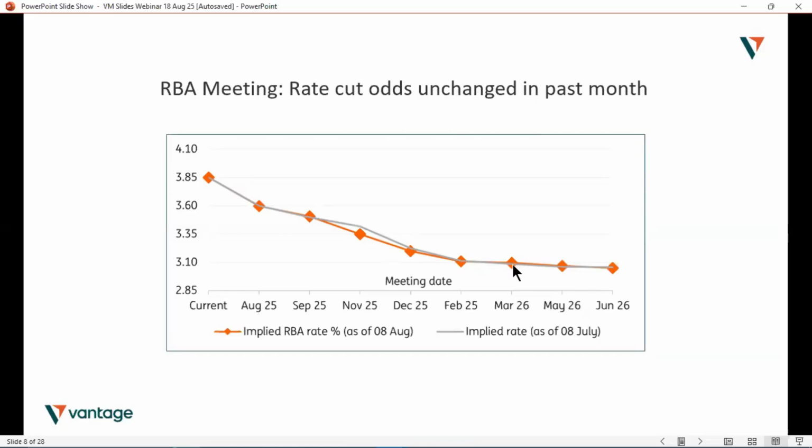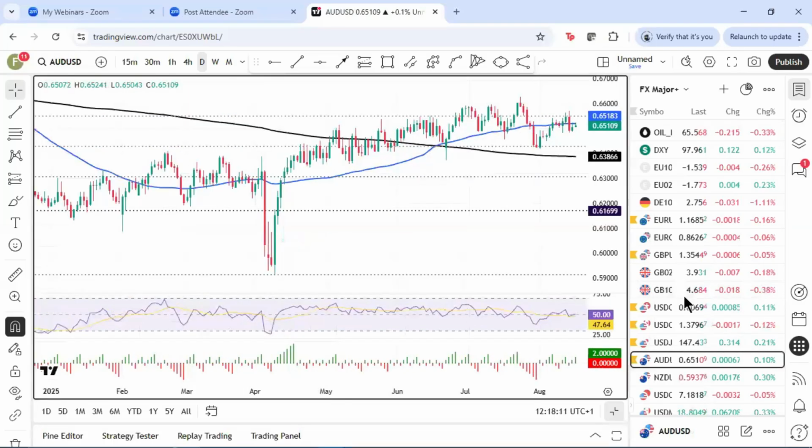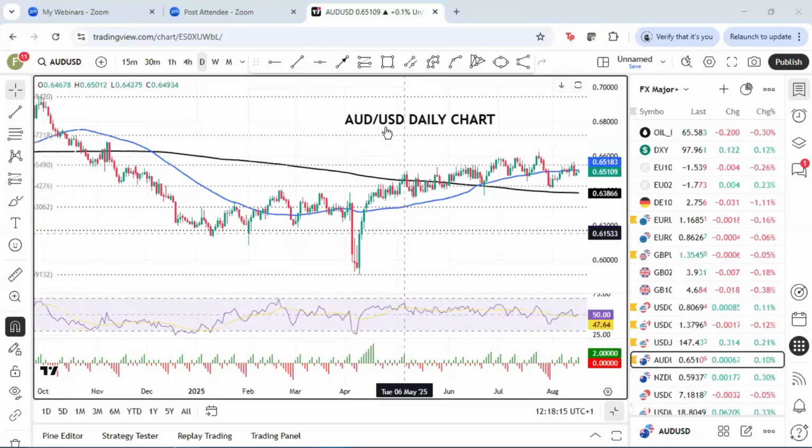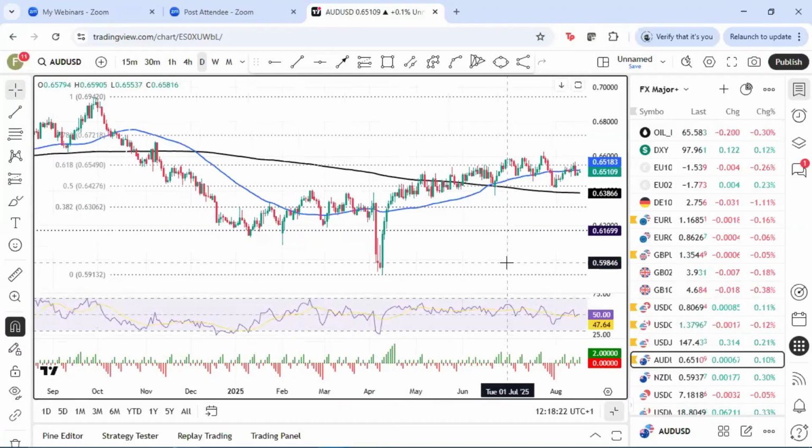If we look at the Aussie dollar, though, it is obviously impacted by the broader risk mood and sentiment. Let's just pull up that chart. You can see here, just bear with me 1 second. It hasn't really gone anywhere, kind of range trading between 63.50 and 66 at the moment.